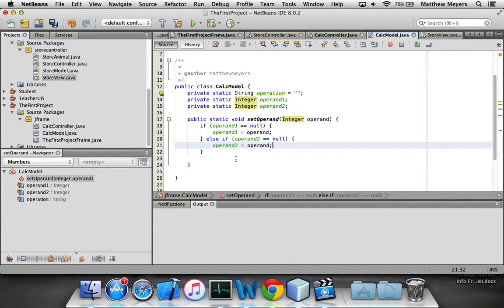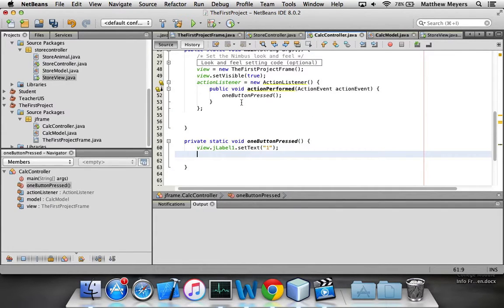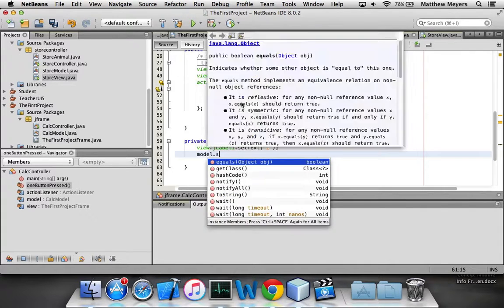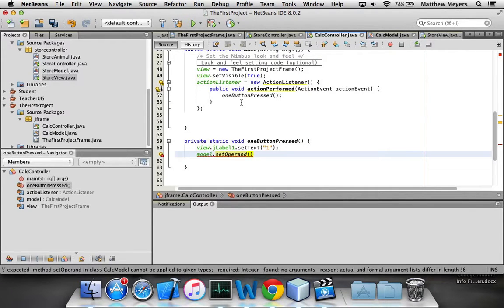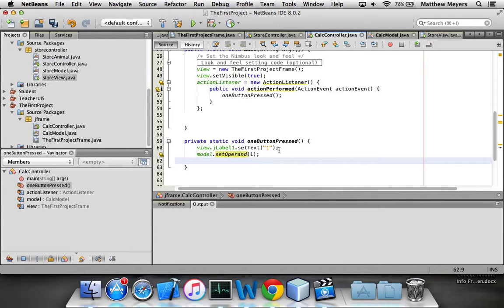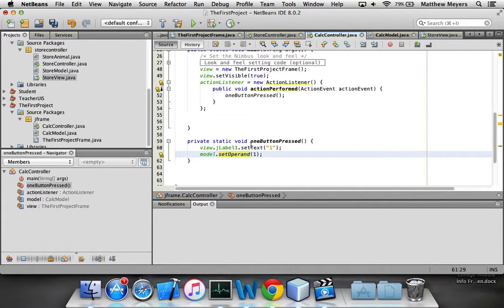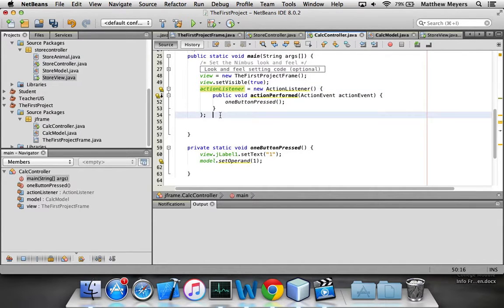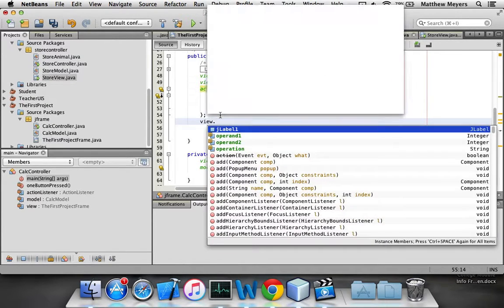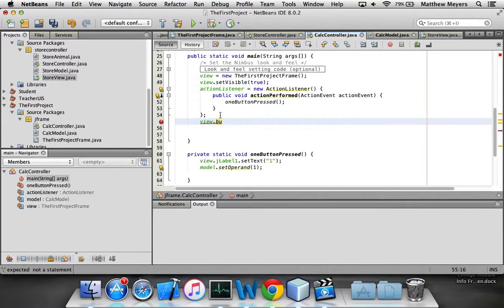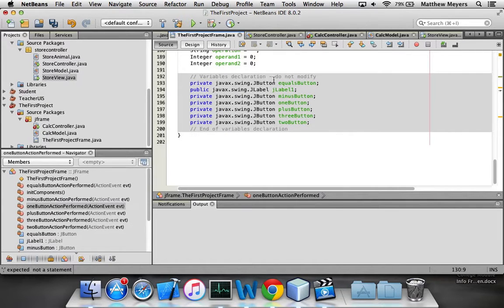Alright, so there's what's going on in our model. This actually doesn't need to tell the controller that it's done because there's nothing to notify it about. So all we have to do in our controller is call our model's set operand using the number 1, because we know that this is going to be the 1 button pressed. Finally we've got one last step, and that's to set this action listener onto the 1 button. So it's going to be the view dot, is it button 1? 1 button? What is it? 1 button